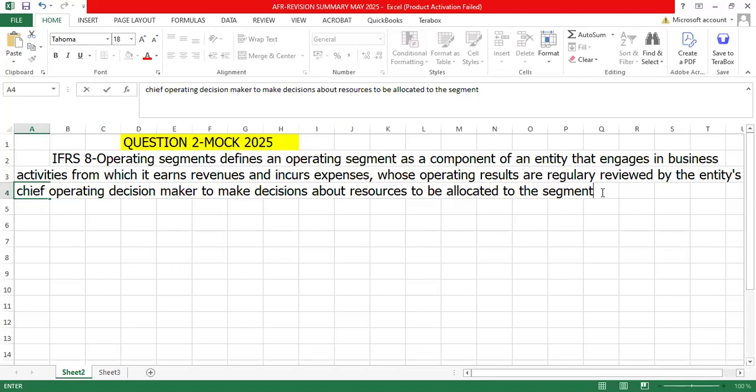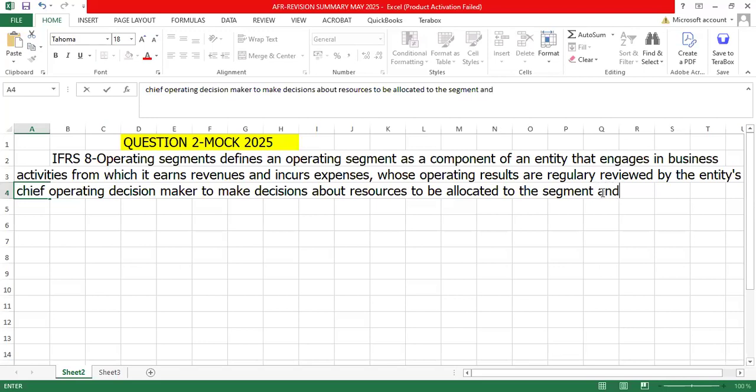If you find that you have a segment or a division that is not regularly reviewed by the entity's chief operating decision maker, then that cannot be an operating segment. Then lastly, we say